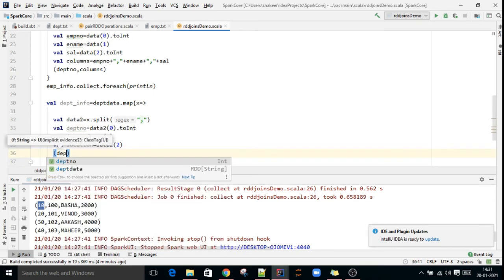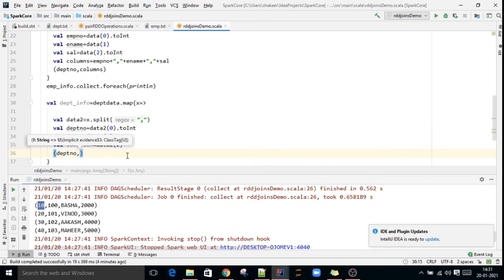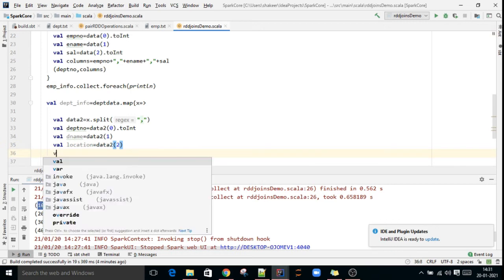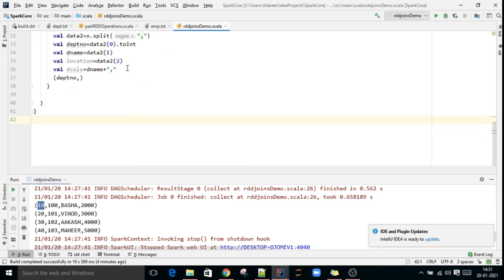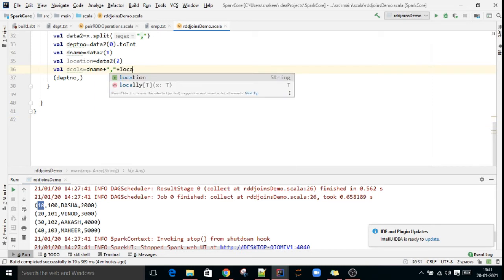The key is the department number, and for the remaining columns I will derive columns here. Val dcols equal to dname plus location.